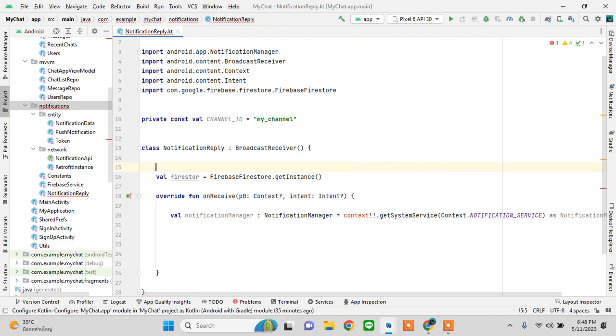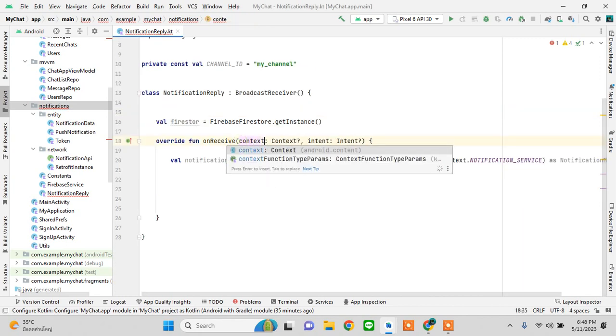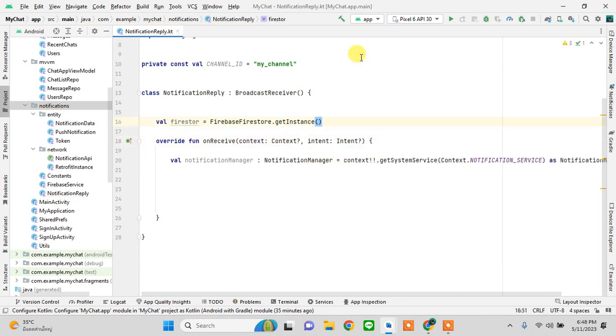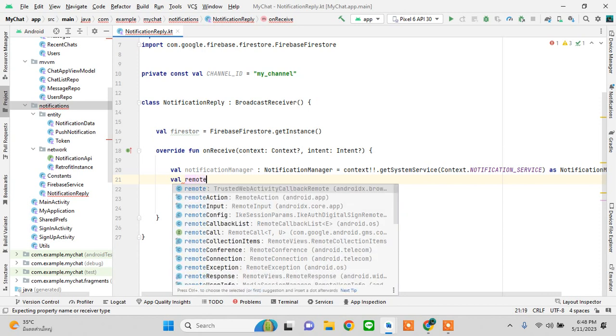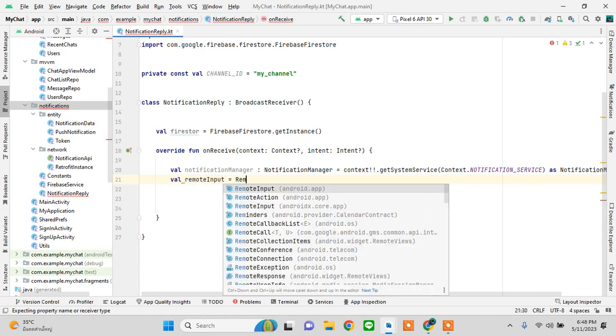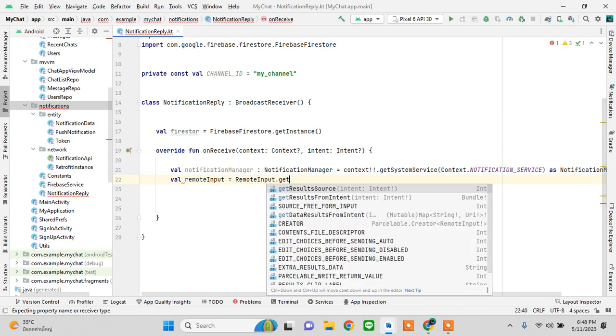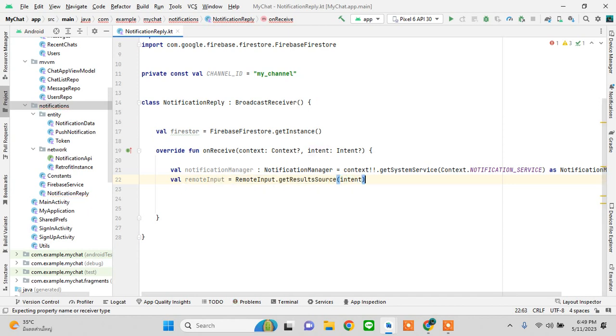Okay, for context, I think what we need to do is, yeah, let's just get the context from here. So I'm just going to rename it. Okay, so what we'll do here is val remoteInput, get result source from intent. If remoteInput is not null,